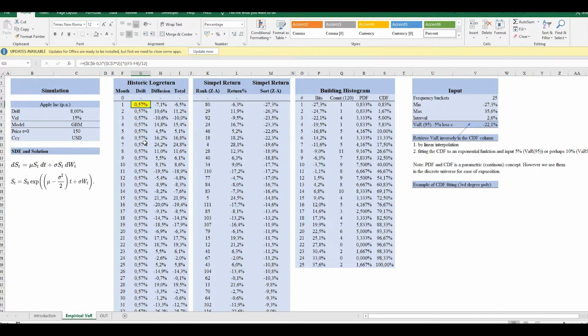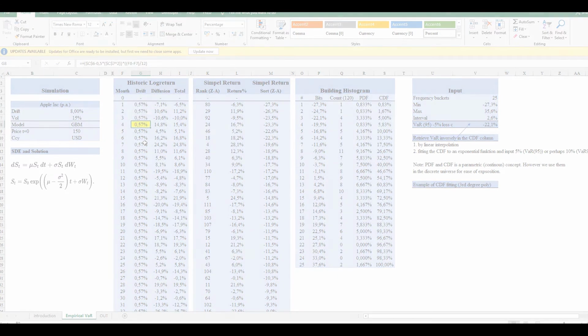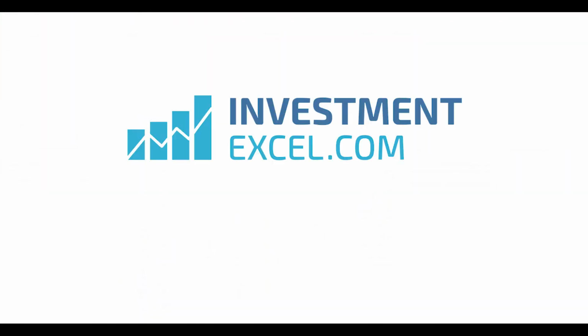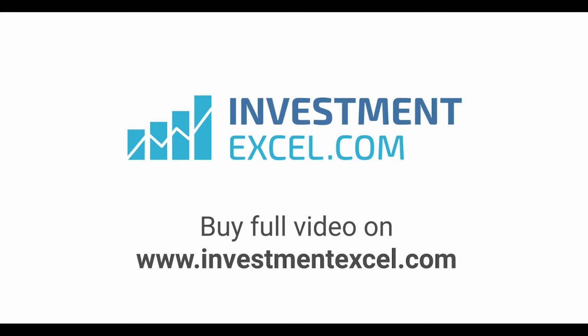Okay, here I have split it into the drift, which is constant, and the diffusion, which will change if I hit F9, because I have a randomizer inside here, because I invert the standard normal distribution to get a value of that distribution, to multiply with the time scaled volatility. Okay, so now I